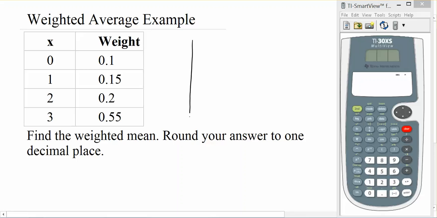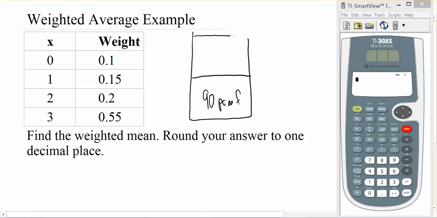So suppose I've got a cup here. It's a very crude drawing of a cup, but there's a cup. And suppose I'm going to mix half of it with a 90 proof alcohol and the other half of it with some sort of mixer, which means it's not alcoholic at all. And when I mix them half and half and want to know, hey, what's the concentration or the proof of this drink, we could just average them. We could add 0 and 90 together and then divide by 2, and it would be 45 once we've mixed it. And that's our typical idea of average.